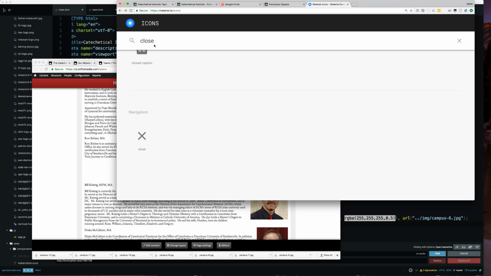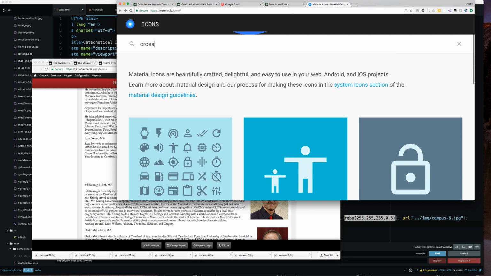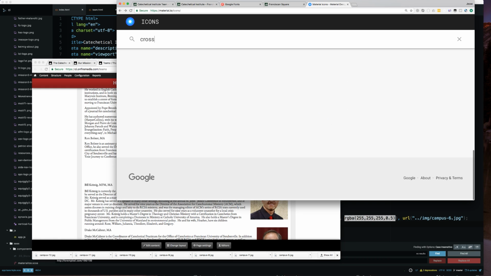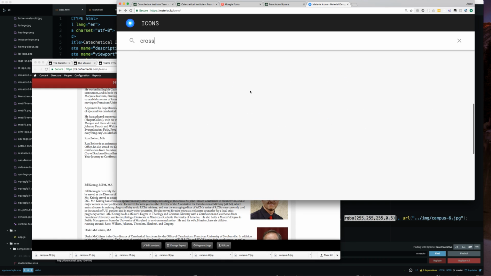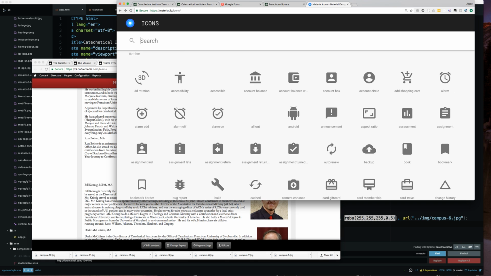Type cross. I tried to type cross, nothing came up, but maybe I just needed to scroll up. Maybe I was too far down. Nope, not seeing cross here. I'm sure they have it maybe in a different font icon set, but this should work